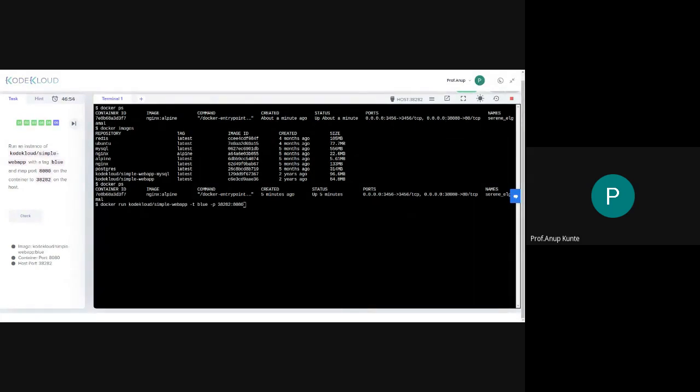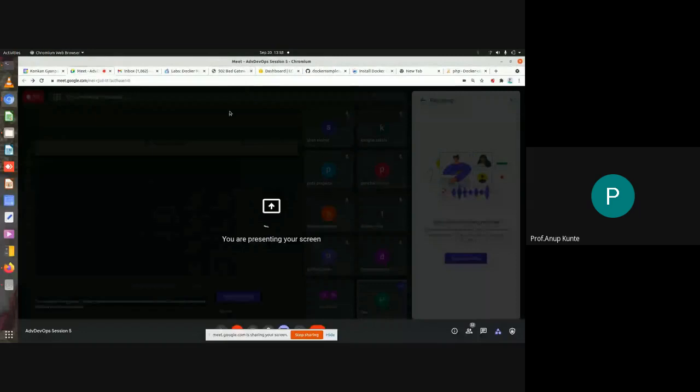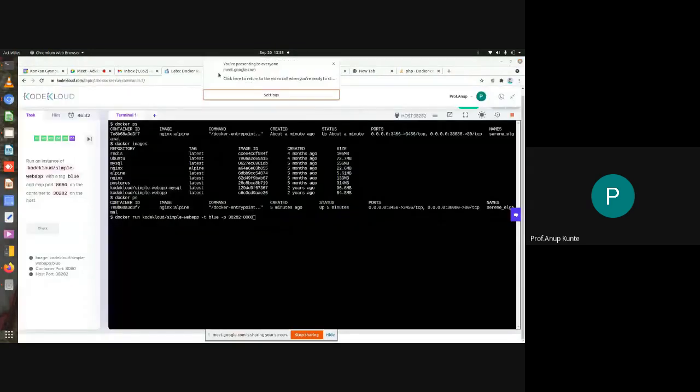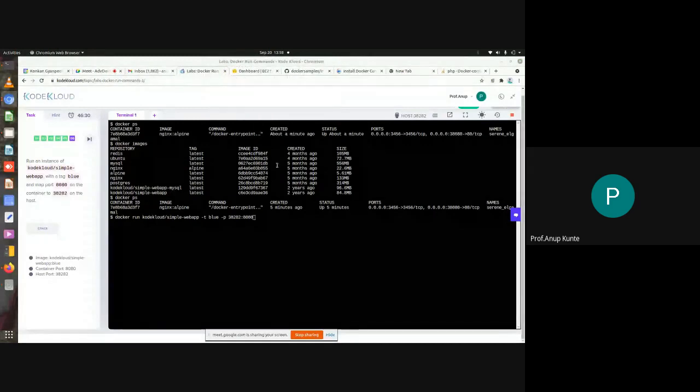Okay, so actually I am sharing a tab, so I need to stop sharing a tab to show you this. Okay, I'll just stop sharing the tab. I'll share everything and I'll show you what I mean by this. I hope you are able to see all the tabs in my browser now. I've actually shared the entire screen now.